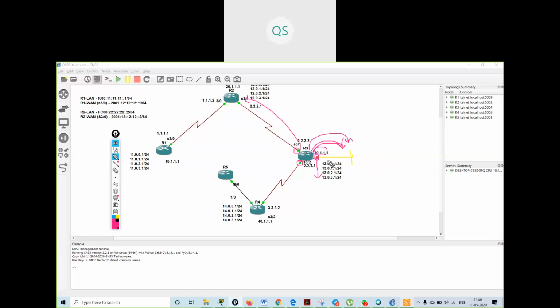So whenever I want that my specific interface should not get any updates in EIGRP or OSPF, then I can make that interface a passive interface. Understood now? What is the use of passive interface in EIGRP and OSPF? Got it?